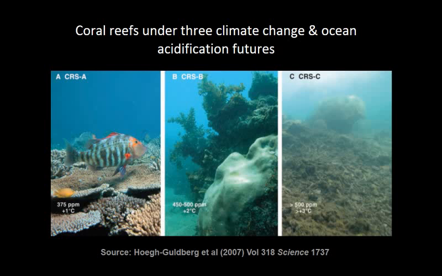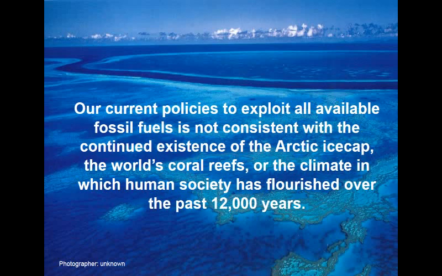Now put your hand up if you reckon that that is a successful policy outcome. We will achieve the target. If we achieve 2 degrees and we don't have coral reefs, does anyone think that that is success? No, none of us do. And yet, that's the target that the international community has set. Even at 1.5 degrees, coral reefs are going to be severely impacted. So on current policies, including the Paris Agreement, it's not consistent with us having coral reefs in the future.